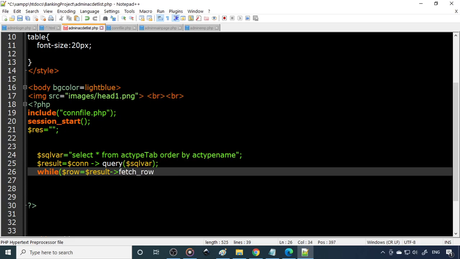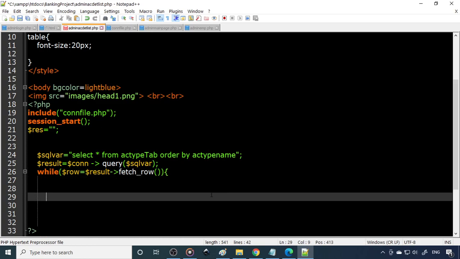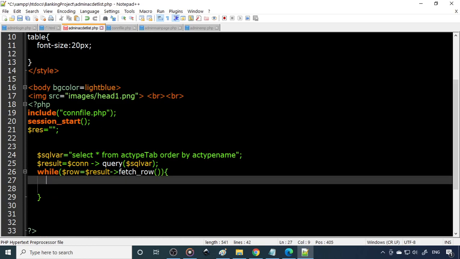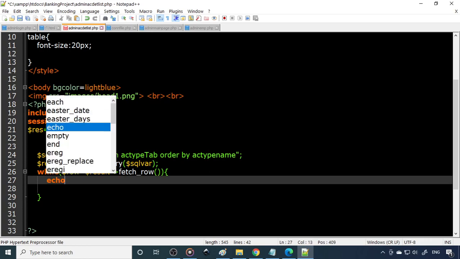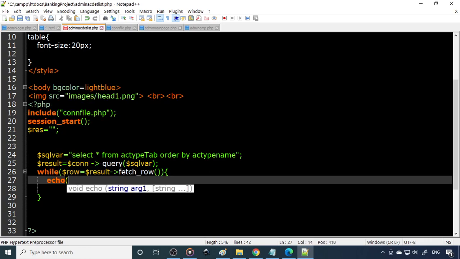It should fetch each particular row. Till the rows are there, you can use the curly bracket here, then close the curly bracket. Here you can use the print or echo statement. Let's say echo.